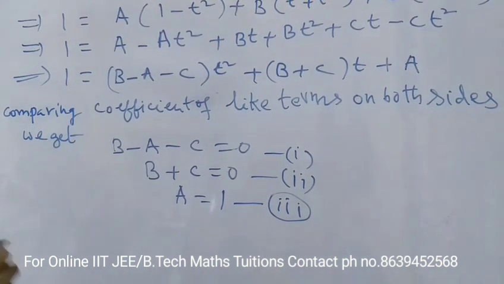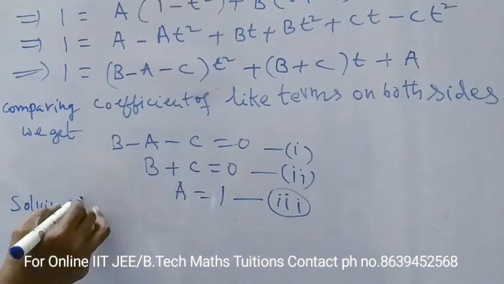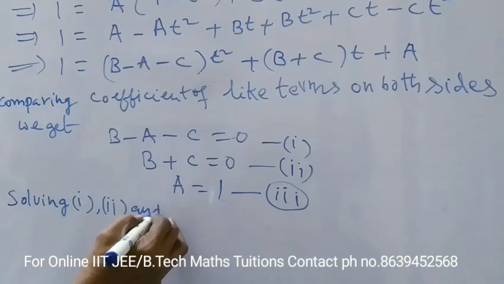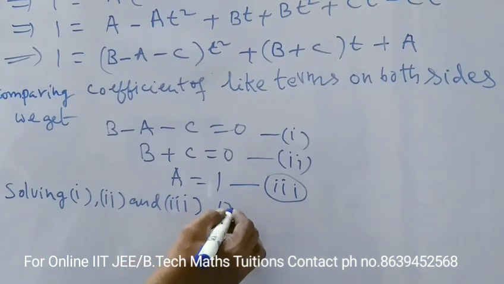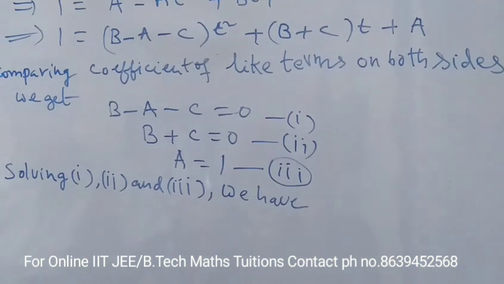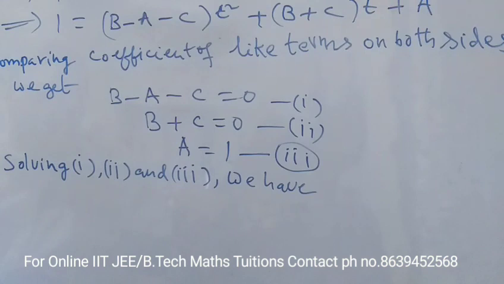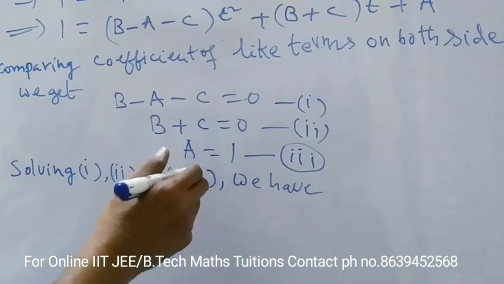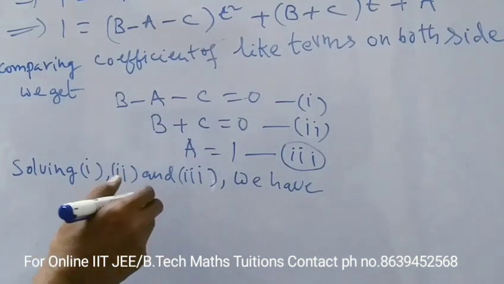Now solving the first one, second one, and third one. We have b minus a minus c is equal to 0, b plus c is equal to 0, a is equal to 1. On solving the first one, second one, and third one, we get a is equal to 1,